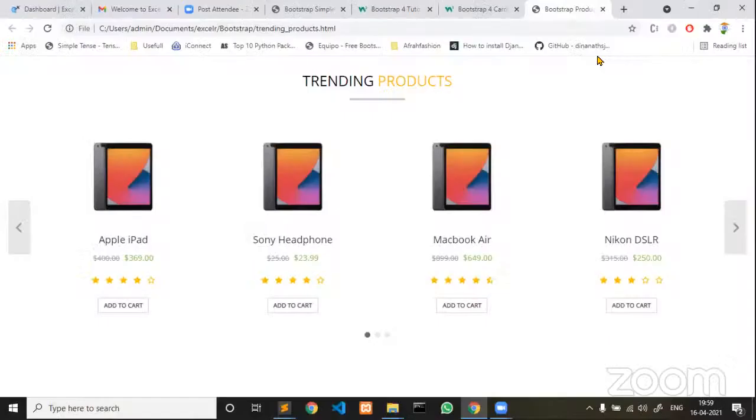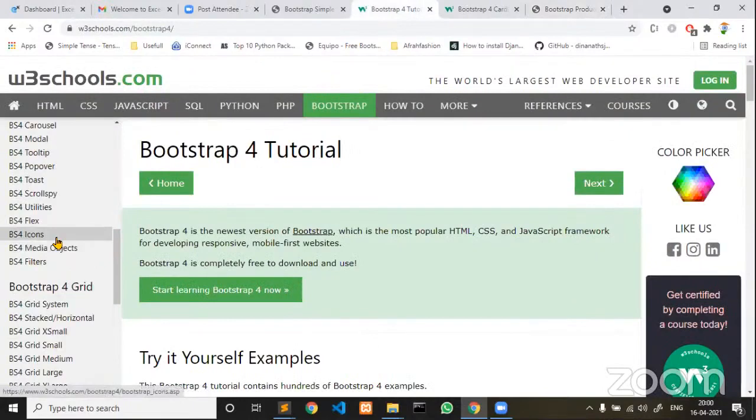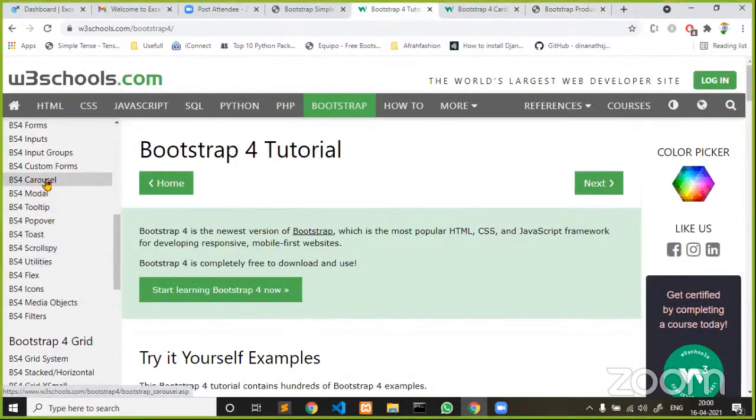I hope you can all see my screen. Let me check. Now, if we come back, there is one more component called the carousel component. You see here, carousel example.